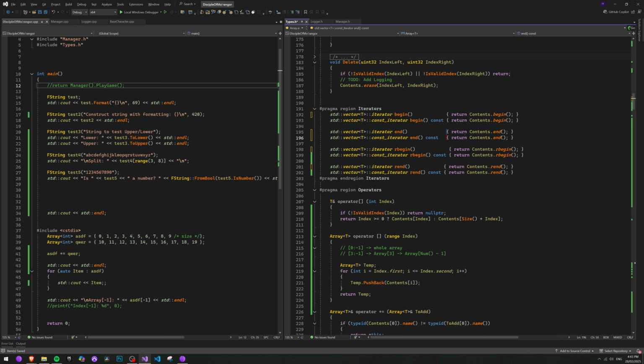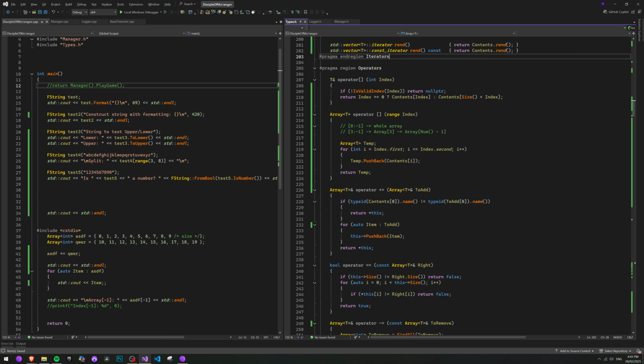Does that even make the code formatting better? Is this even really that much better? I don't know. I'm not particularly convinced. So anyways,